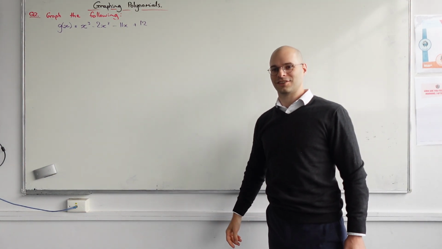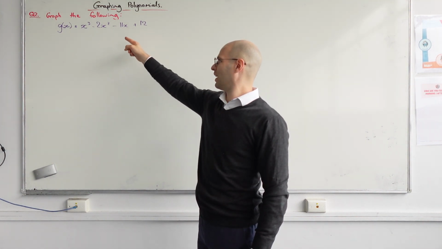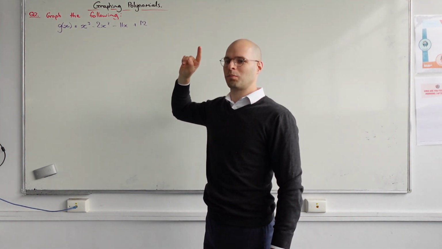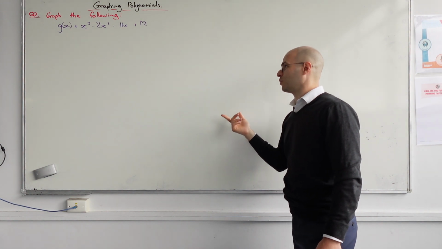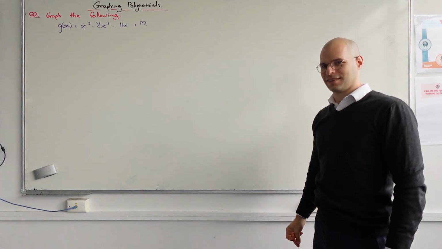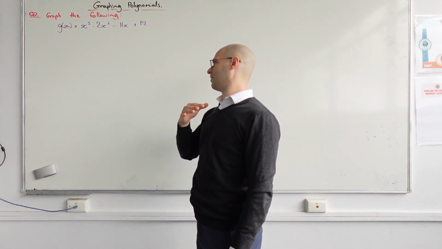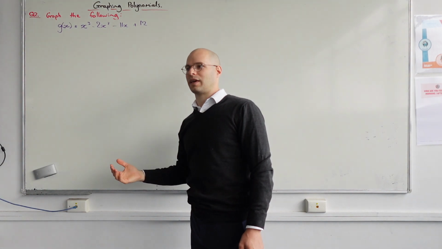Alright, ready for question 2? We want to sketch g of x. We have a third order polynomial, but how is this one different from the previous one, Richmond? It's not factorized, and because it's not factorized, it can limit some of our options to be